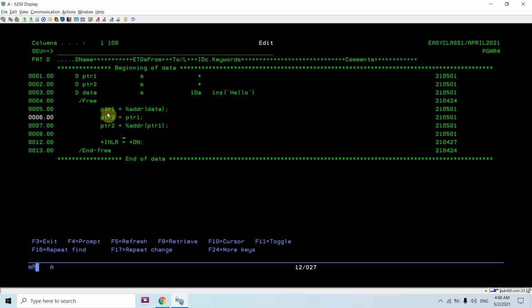Pointer 1 contains the address of this data, and now you are transferring the same address into some other pointer variable. So ptr1 contains the address of the data variable, and ptr2 now also contains the address of data. This is not a pointer to pointer, that is, address of address. This is simply the address of data. Pointer 1 and pointer 2 will store the address of this data variable.